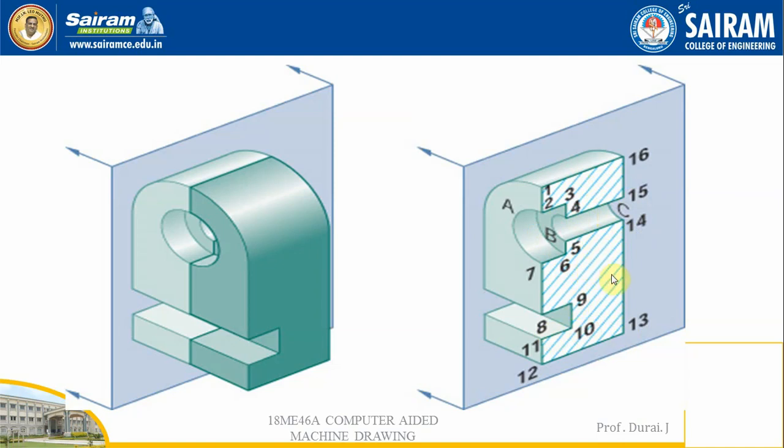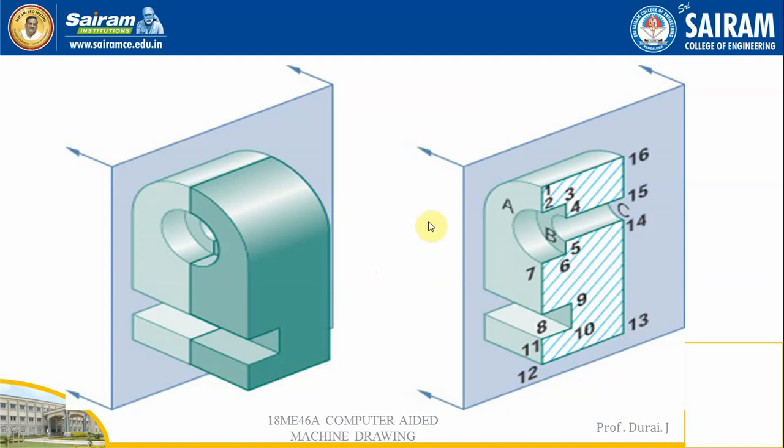While the section plane passes through the component, wherever the material is there, only there will it indicate the hatching. So exactly where it passes, if there is any hole or any cutout, it will show only the edges of the hole as well as the cutout. Even here also only the edges. Okay, see over here, like this it will be shown.